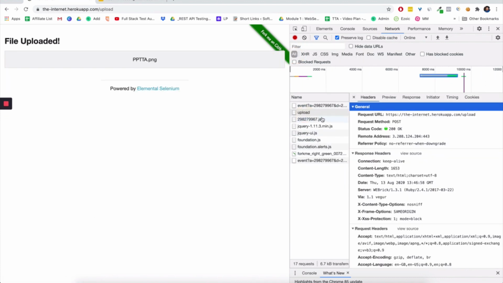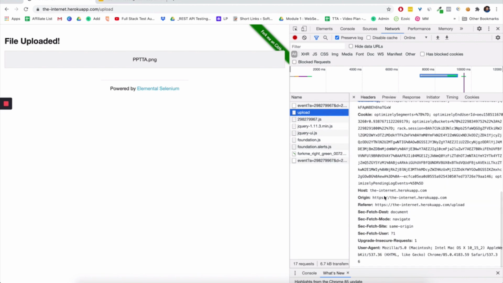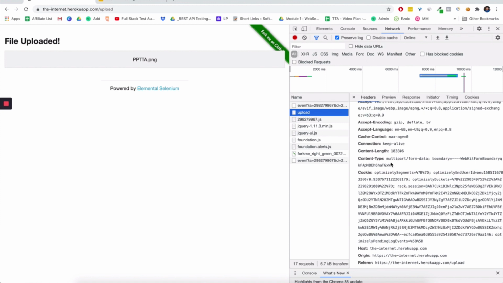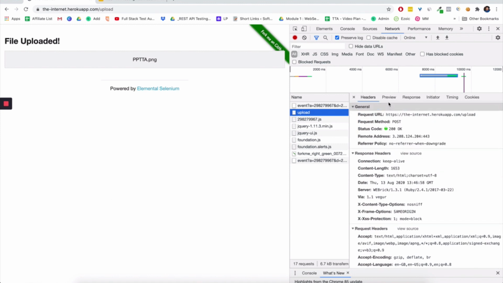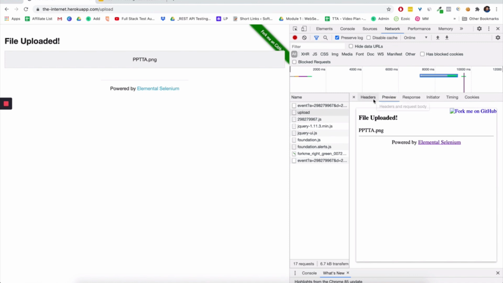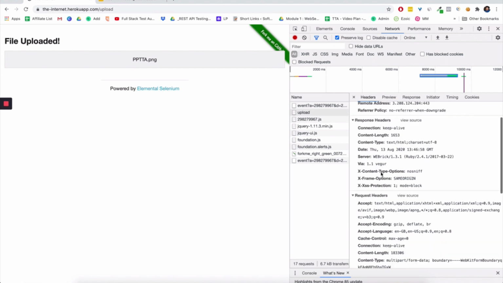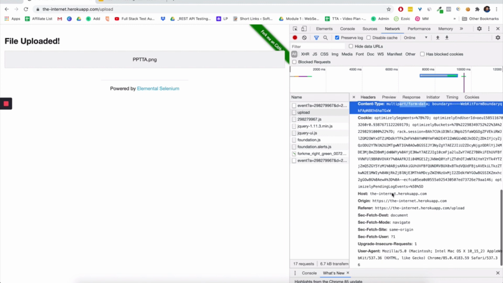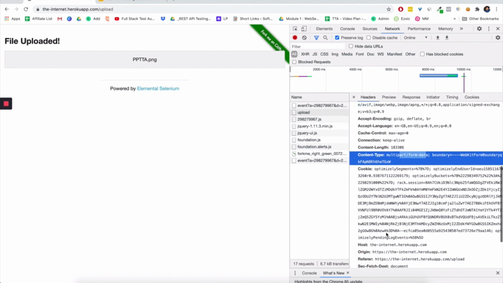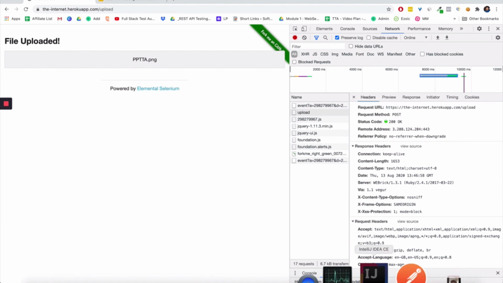If you see the upload request here, we are sending a content type, as you can see, multi-part form data, in the header. And we have successfully uploaded the file in the UI format. So right now we can use this API. The endpoint will be this file, and the content type we have already mentioned. You don't need to send anything else apart from the file, including cookies. And that's how I got this.